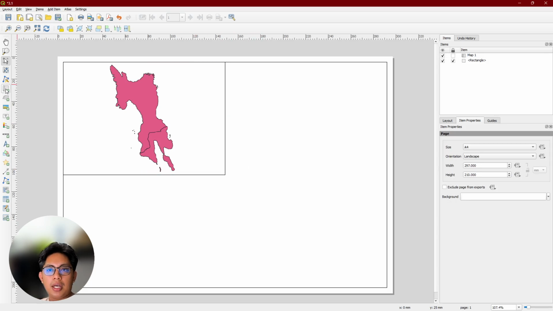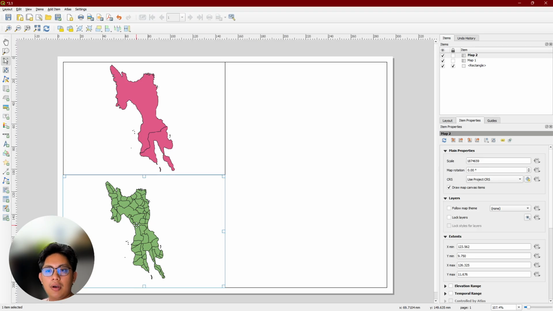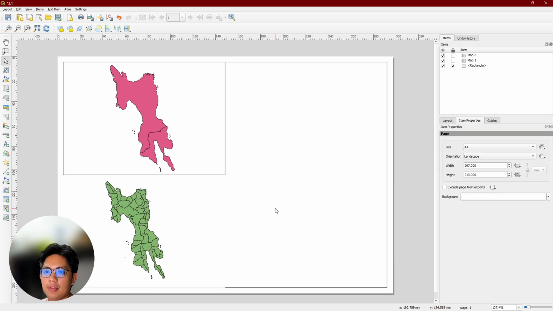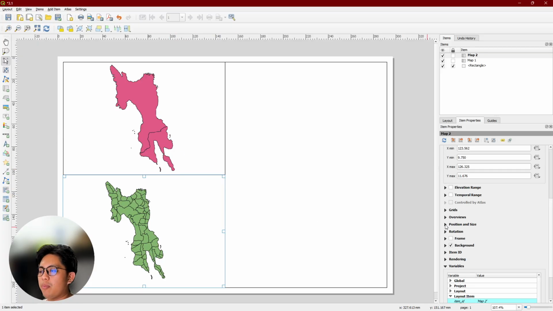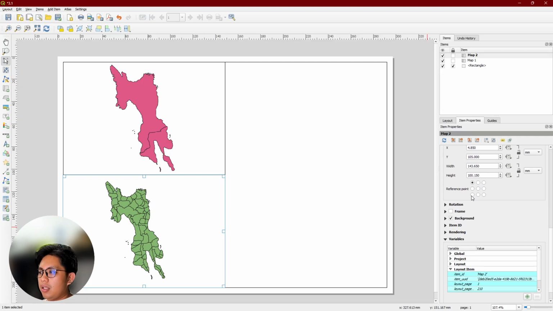So I add my map here, and now I have my level 3 map. Obviously I want the same reference. Go back to position. Since it's already at the bottom, I'm gonna move this to a bottom reference point.